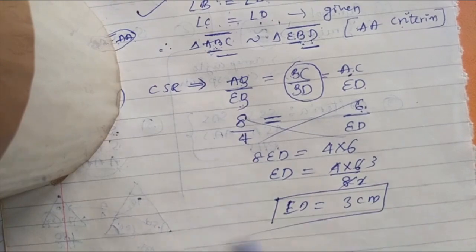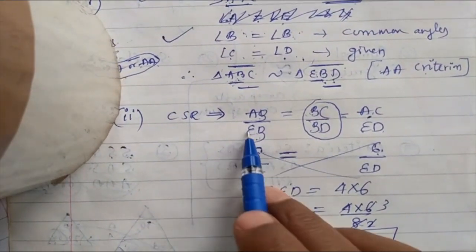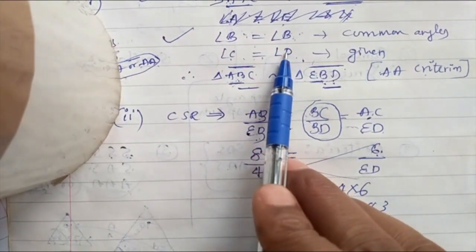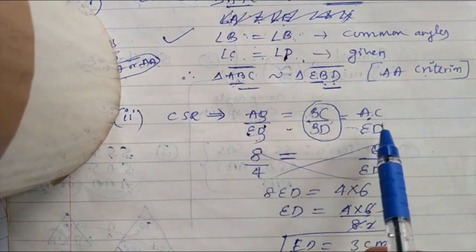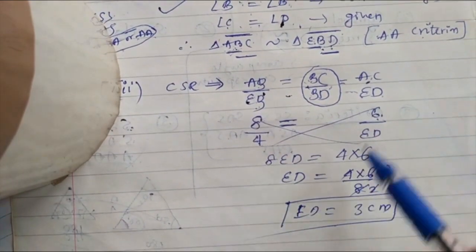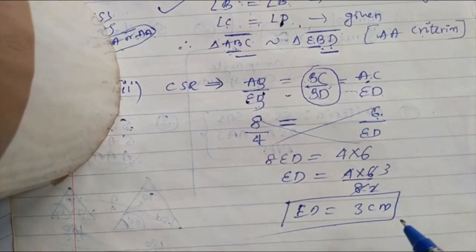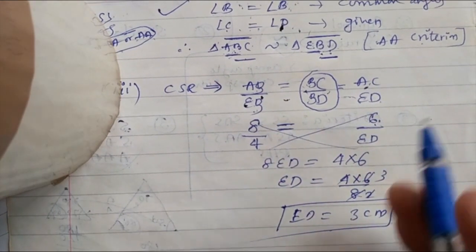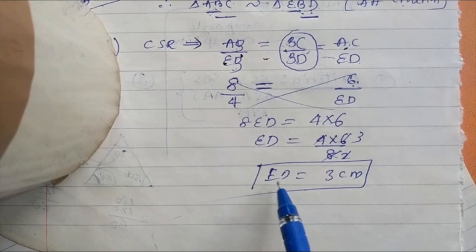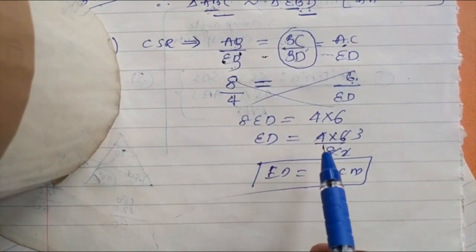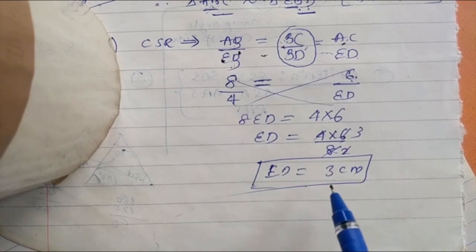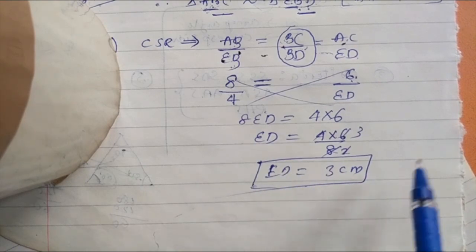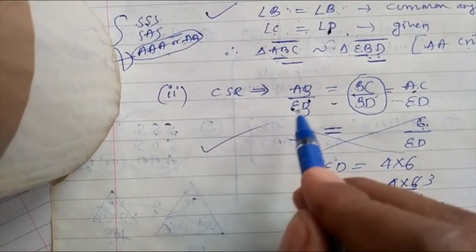Look at how we got it, by writing ratios. After proving the first level, go to writing the second level in all the problems. After writing the second level in ratio, just substitute the given values in the respective places. Go for the calculation. When you are good in calculation, you can avoid mistakes during cancellation, addition, subtraction, the important operations in mathematics. ED equal to 3 centimeters. So the second level is over.